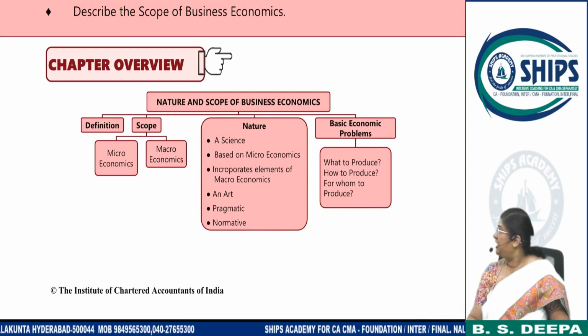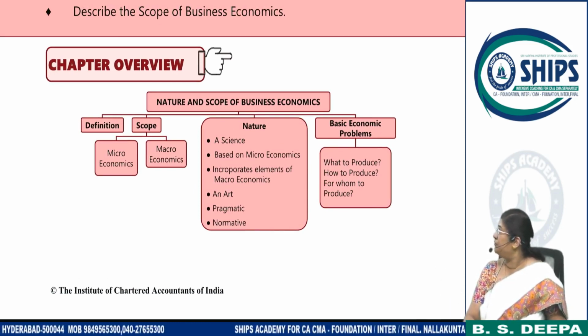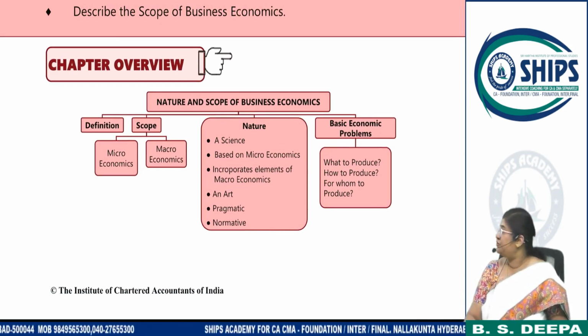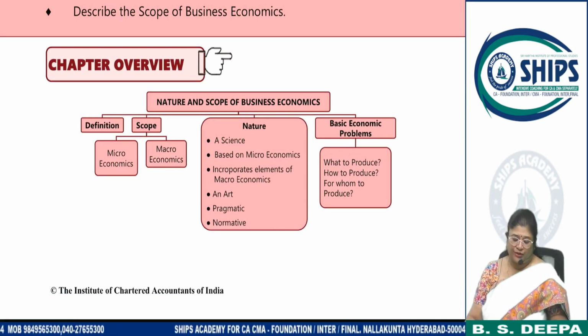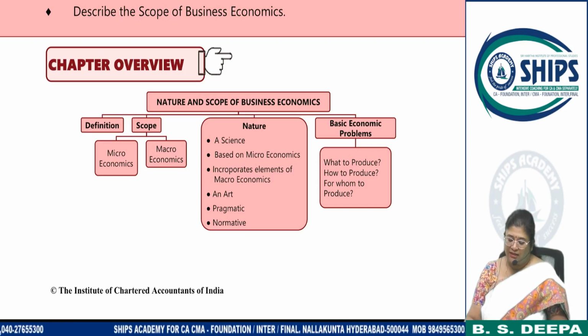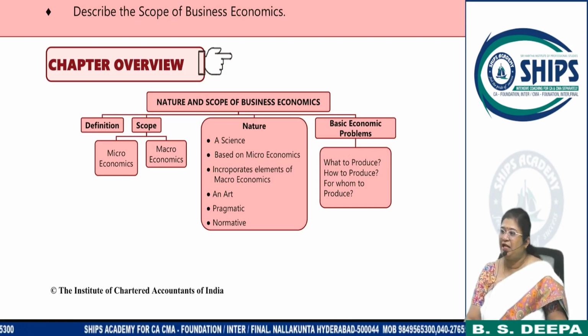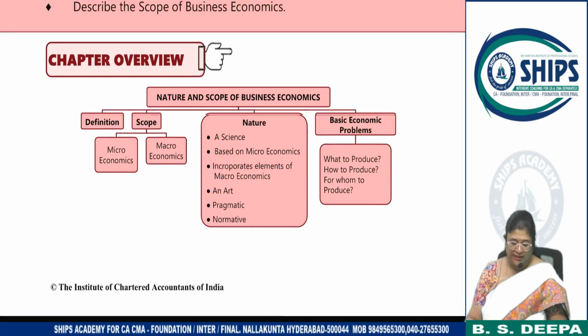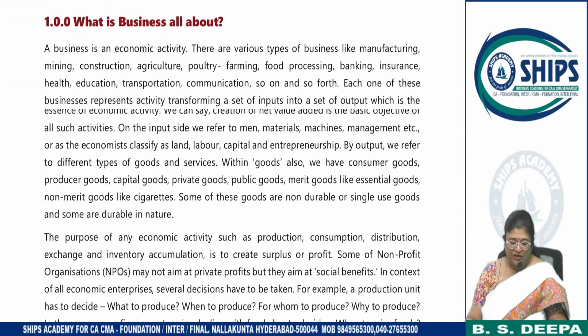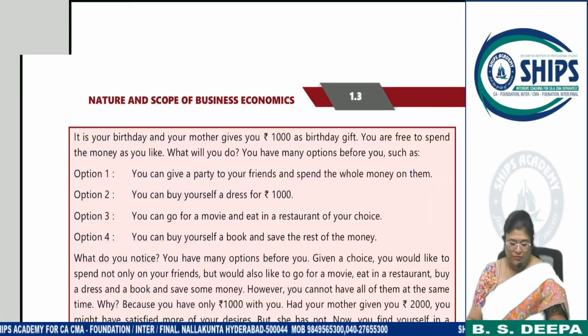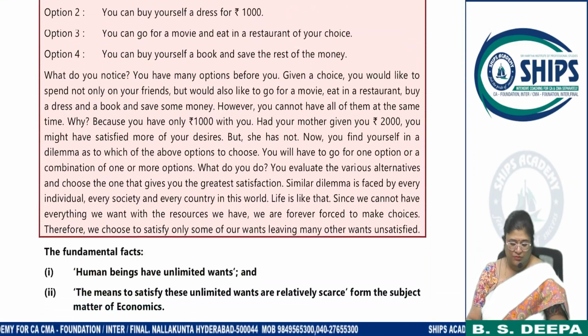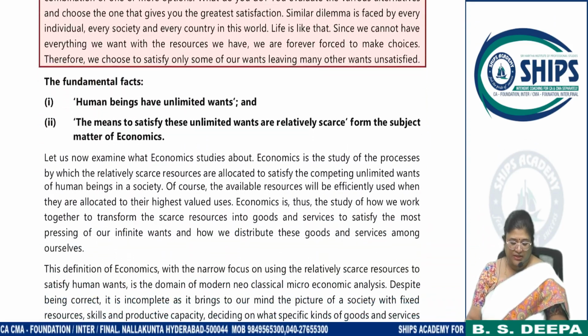So this is what we have as a chapter overview. We have the definition and scope of micro and macroeconomics, then the nature of economics, and the basic problems that an economy faces, right? So when we are talking about basically the nature and scope,